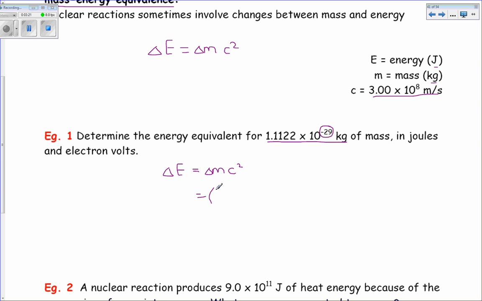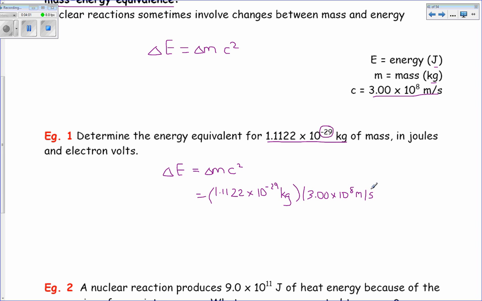So we take the mass, 1.1122, and notice also the number of decimal places. That's actually pretty typical in the change in mass that you're going to use in this formula. It tends to have a number of decimal places because you don't want to lose any precision in that measurement until you round at the very end. So 1.1122 times 10 to the negative 29 kilograms times 3.00 times 10 to the 8 meters per second,